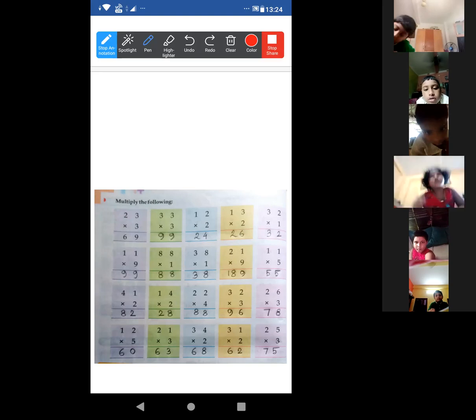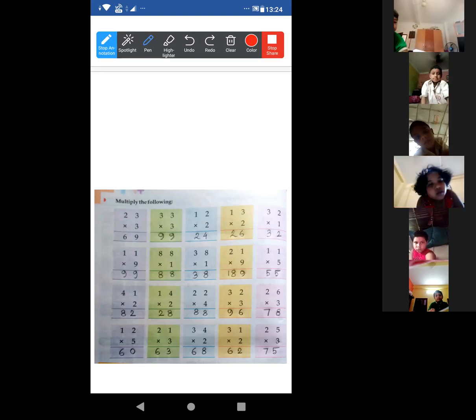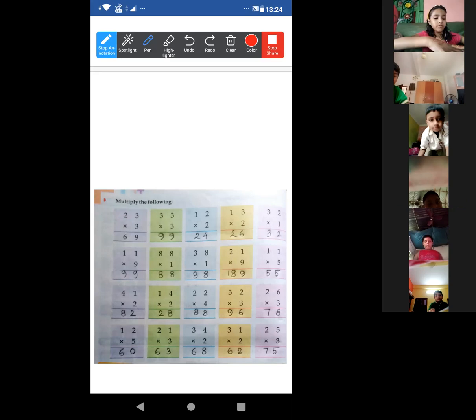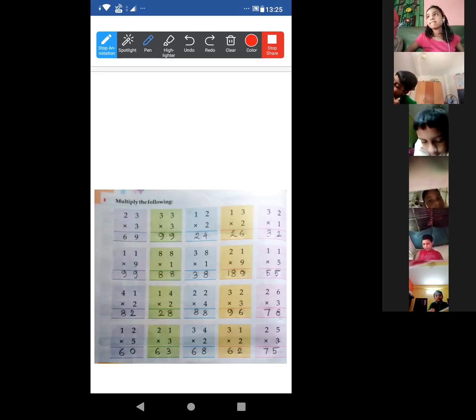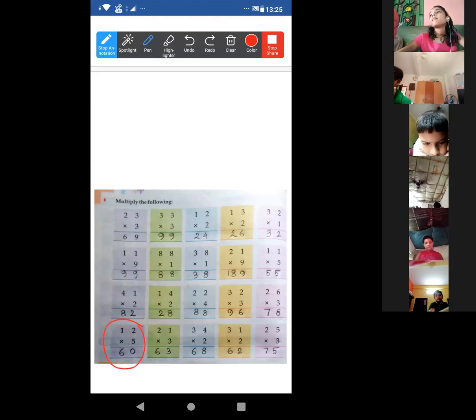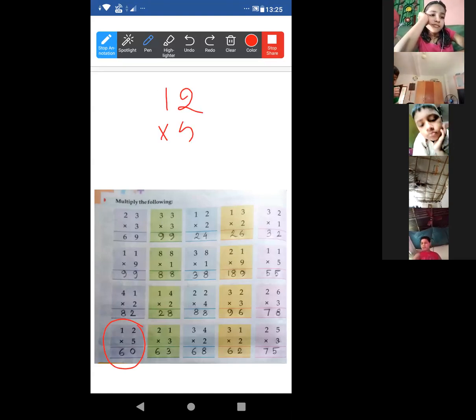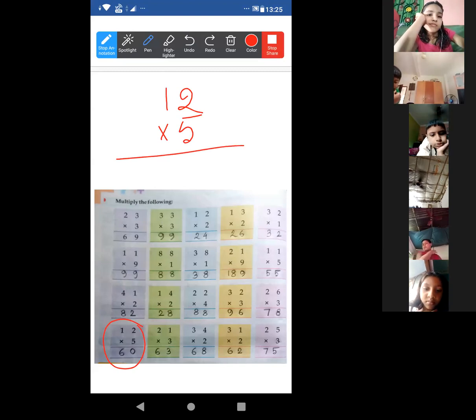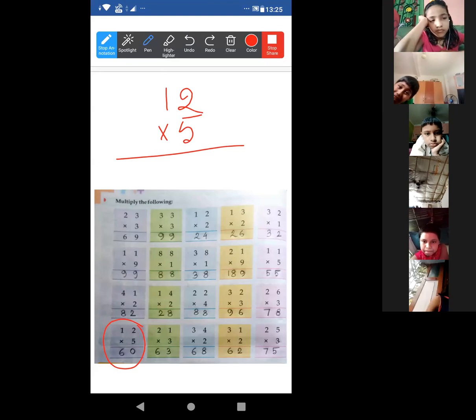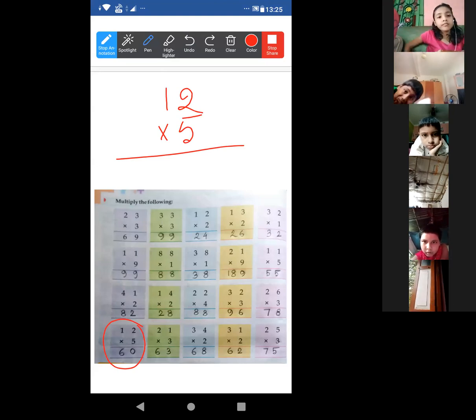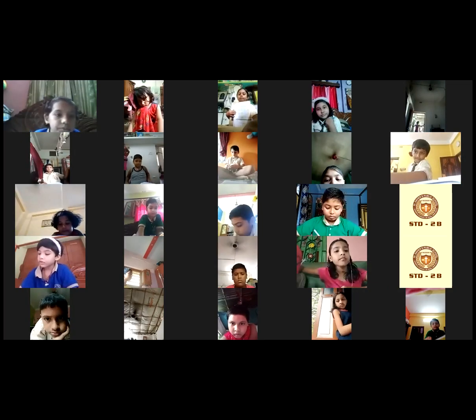Acha, Zubair, I am explaining again. Look at this. This one, at first write it in your book. Then I am explaining. Okay, look. This one is also carry forward. So let me explain the next one. It is 12 multiplied by 5. Look at this. The same type of question. Zubair, look at this. At first, Zubair, let me unmute you. Unmute yourself, Zubair.